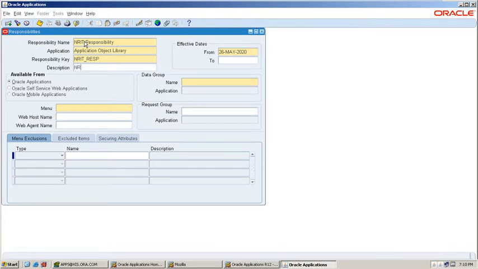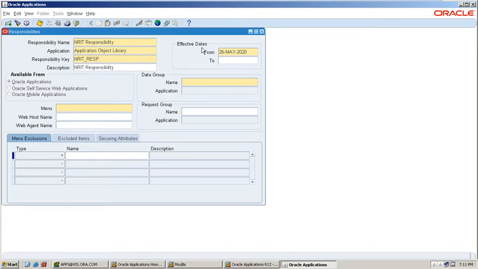Description is the meaningful description of a responsibility name. You can use the same also.